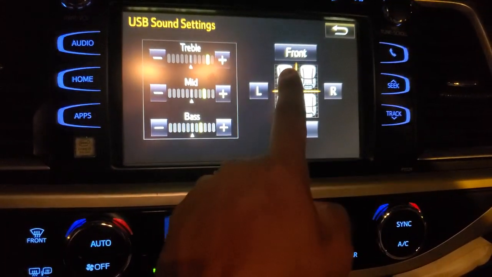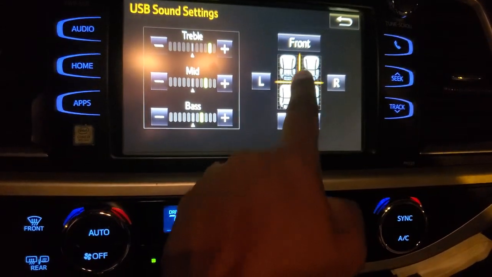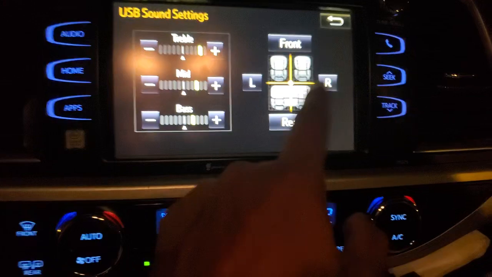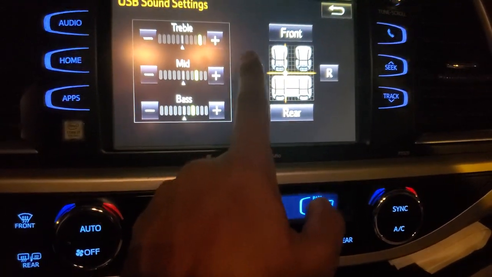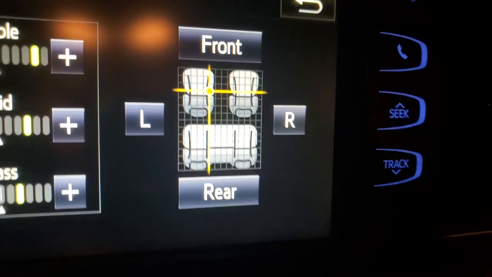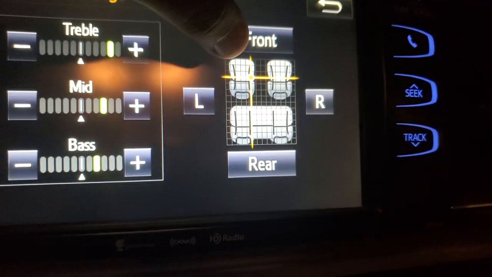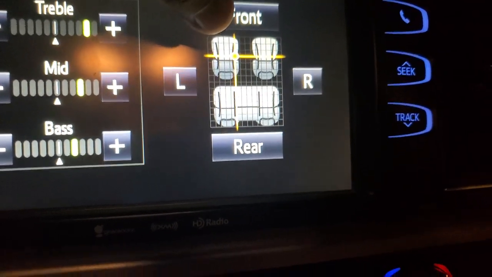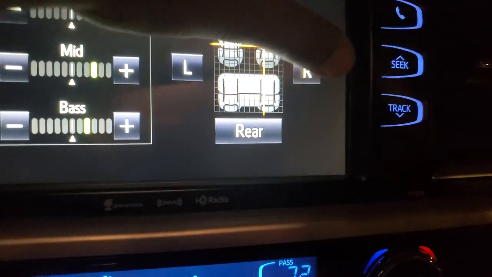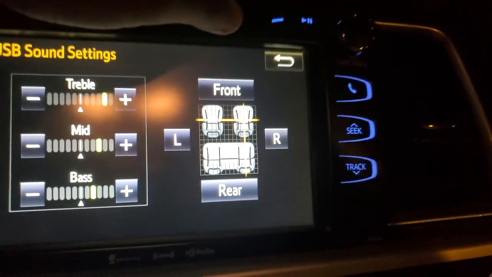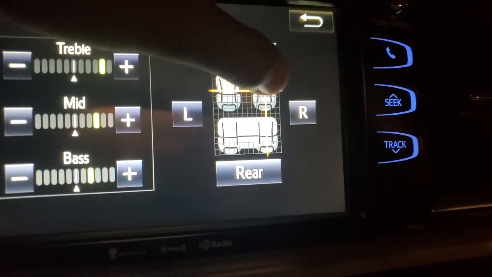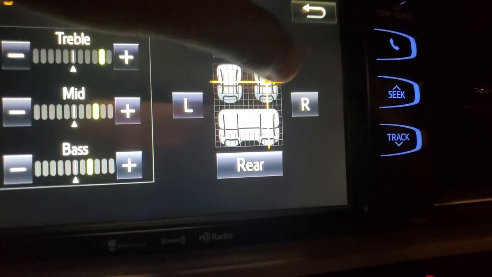For example, you sit here, this is the driver, so if you do like this, then it is going to give you more sound from this area. And then if you adjust like this, then the speakers from the right door and the front dashboard speaker, these two are going to run. The sound will come from here.